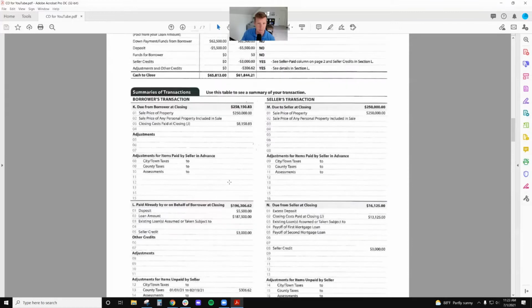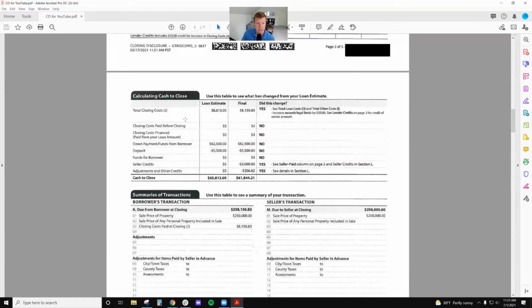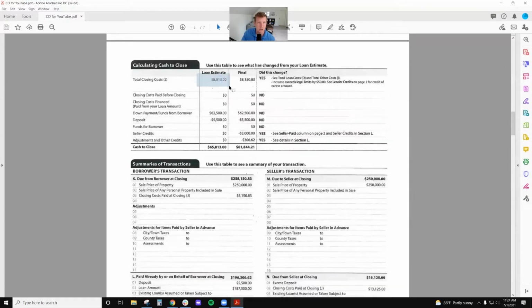All right, let's go up to calculating the cash to close. So we've got total closing costs. This is the estimate column. So this is, your lenders have to provide you with a loan estimate. That's what this is. This is the estimate column. So they estimated $8,800 of closing costs, a down payment of $6,200, a deposit of $5,500, and cash to close